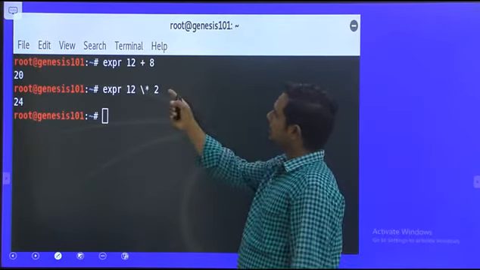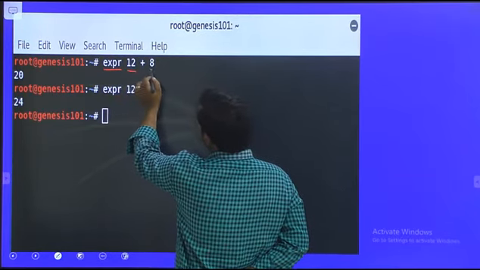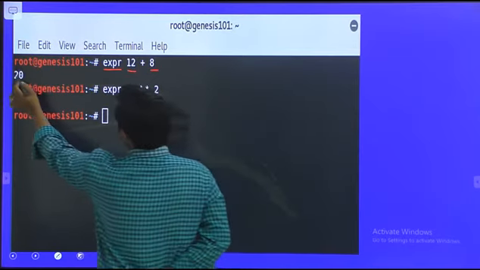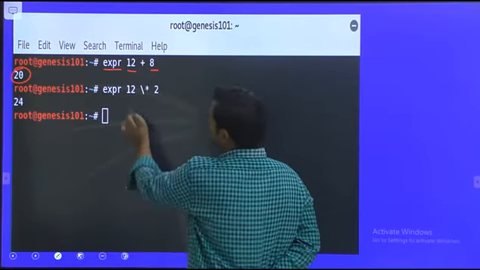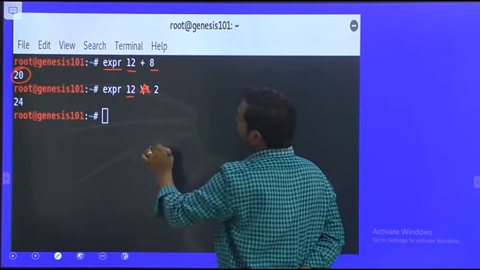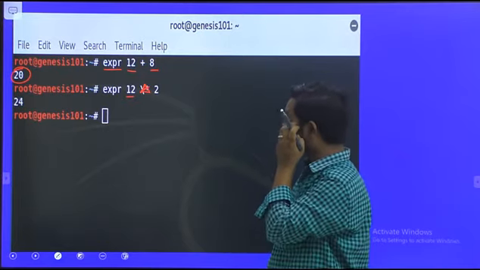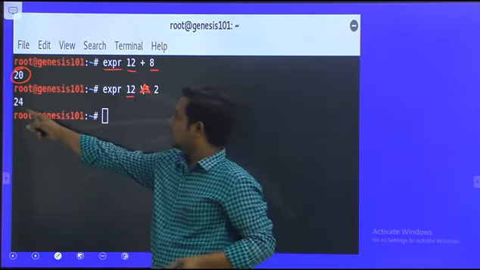In the terminal we type expr space 12 plus 8. What output do we get? 20. Then expr 12 multiply 2, we write the multiply symbol, and we get 24.